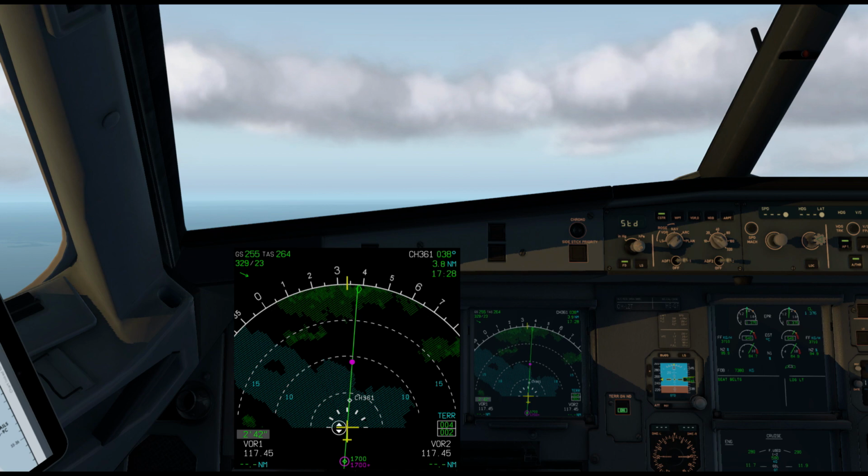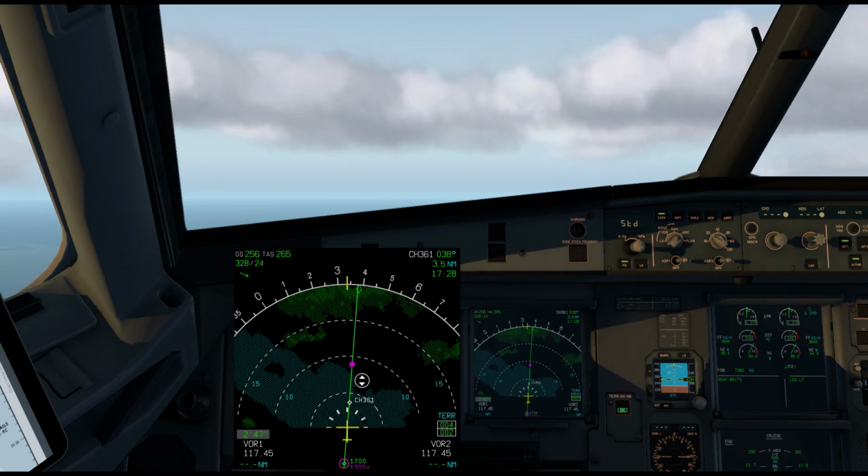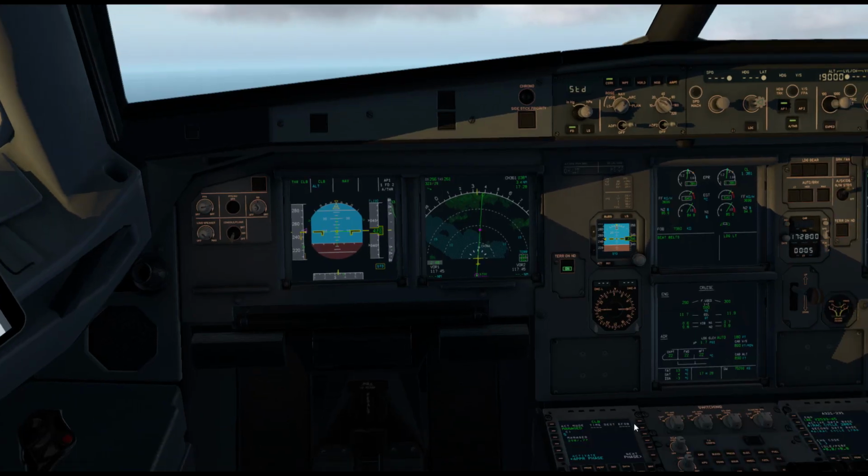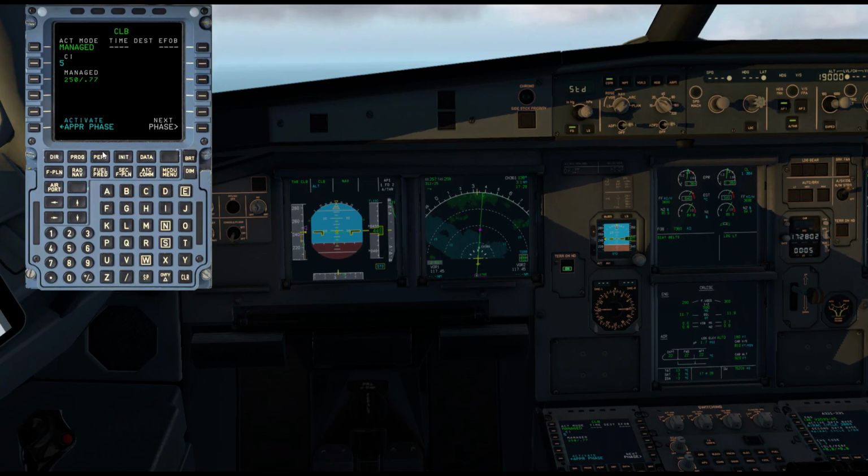You can see on our navigation display there's a little dot showing us when the airplane is going to accelerate from 250 knots up to its climb speed. On our MCDU performance,